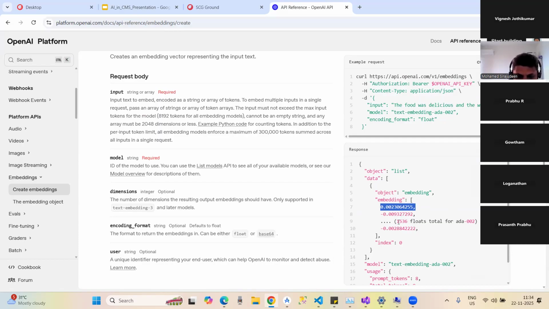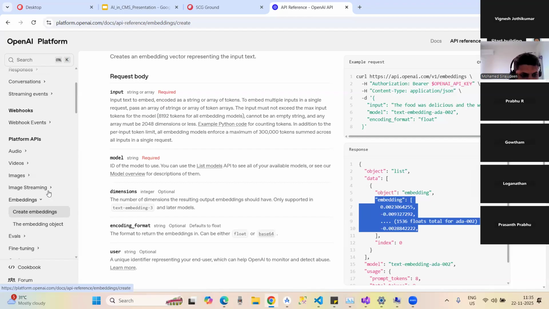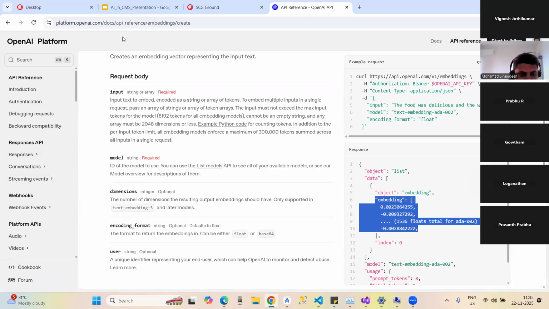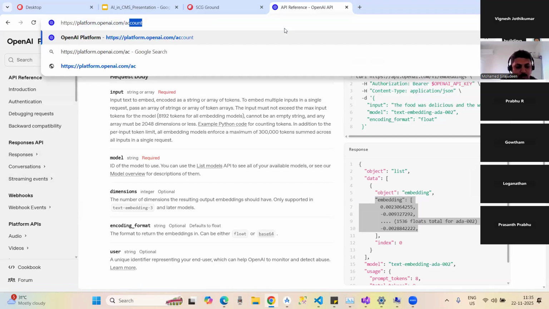For the content, it will generate the embedding values by using those vectors. Those vectors will be compared in the backend logic, and it will give the closely matched articles. So I'm going to show all the demo. For that, I used the create embedding, and also if you see the account,